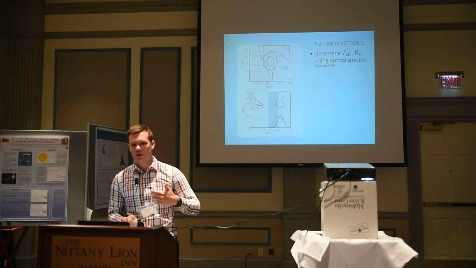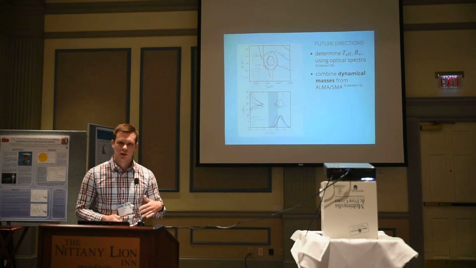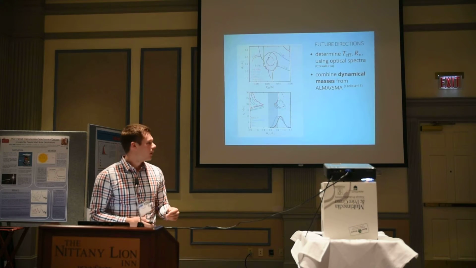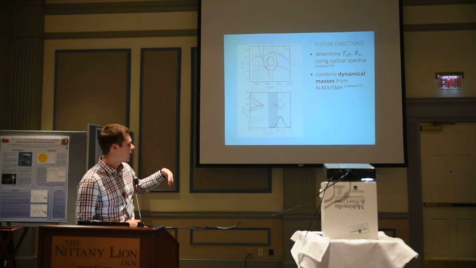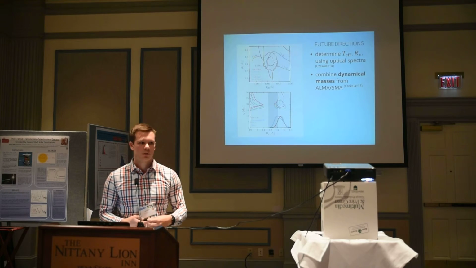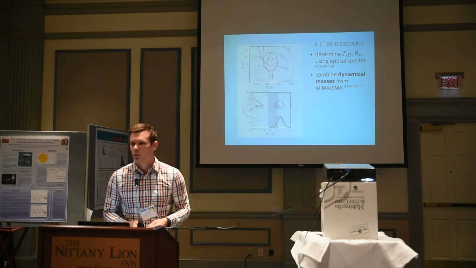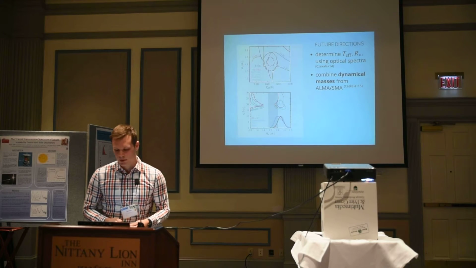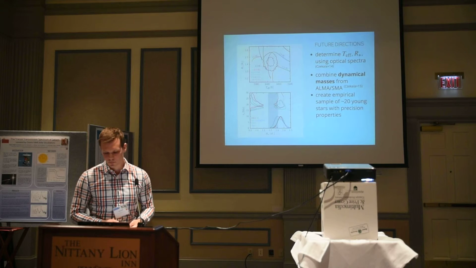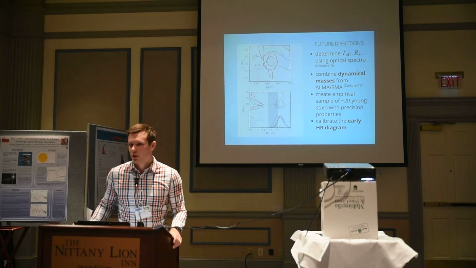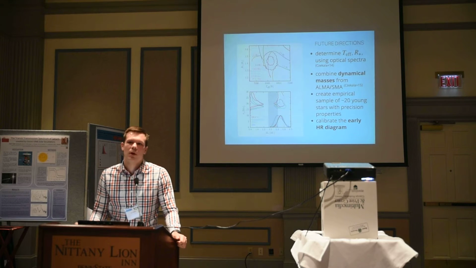So using our disk-based dynamical techniques, we can actually go and measure the mass empirically and see how well these models stack up. So here's a fit for 4 different pre-main sequence model evolutionary tracks and our dynamical mass measurement. In this case, it actually agrees quite well because this is an older F star where the models do fairly well. So my thesis work, as I mentioned, is determining the properties of this sample of about 20 stars where